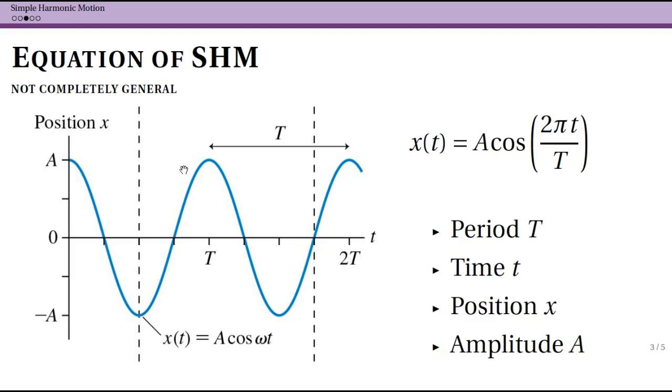It looks like cosine. Now this is not completely general. Later we're going to make this a little more general, but let's start by working with cosine. And the equation now that's describing this motion is amplitude A out in front multiplied by cosine of now 2 pi times t. So t is our independent variable, x is our dependent variable in this situation, and we have period capital T. So this is telling you what the position of our mass on a spring is as